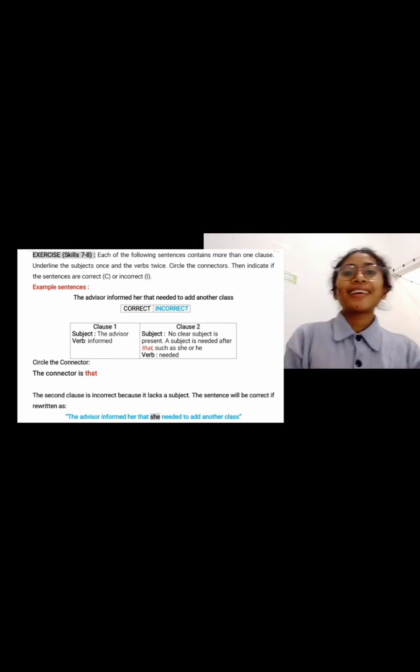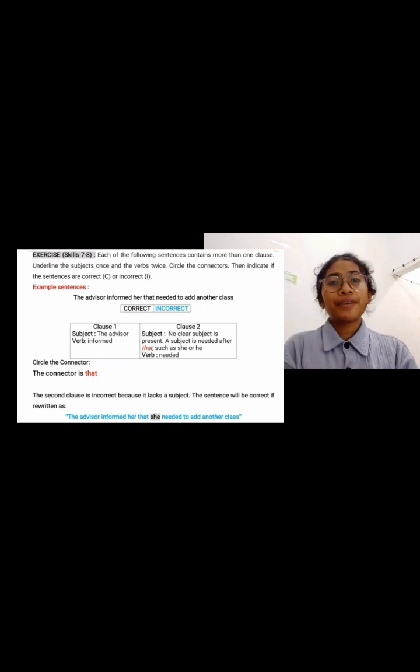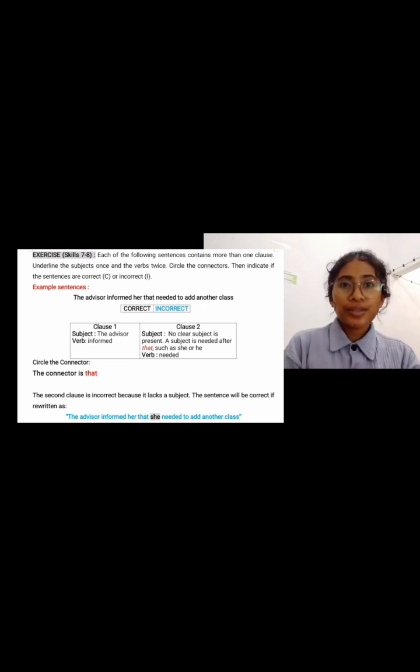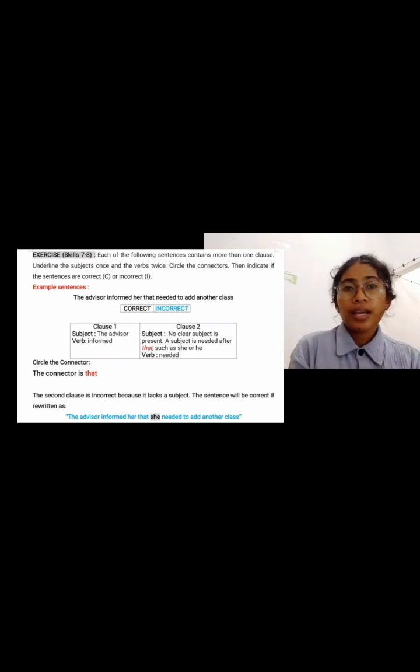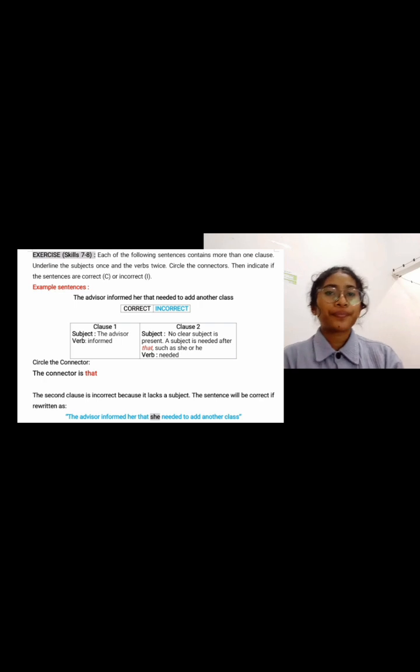Okay guys, let's identify the subject and verb in each clause. The first clause is "the advisor informed her." In the first clause, the subject is the advisor and the verb is informed. The second clause is "that needed to add another class." In this clause, there is no subject. A subject is needed after that, such as she or he, and it only has the verb needed, and that